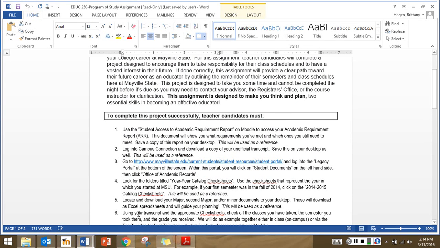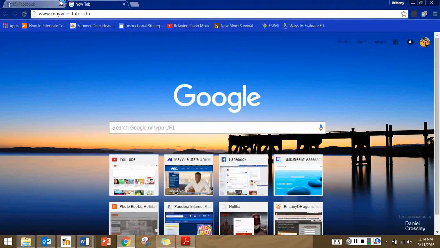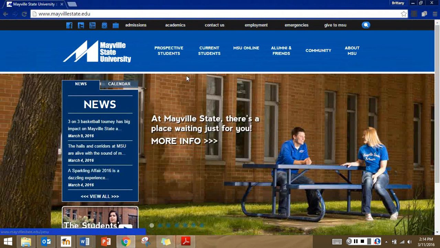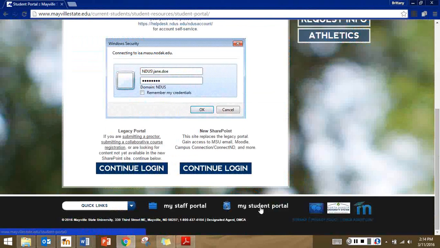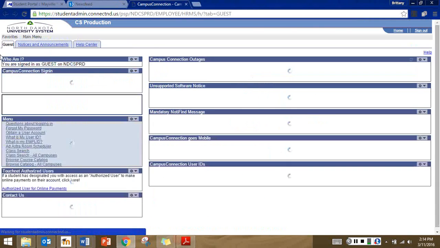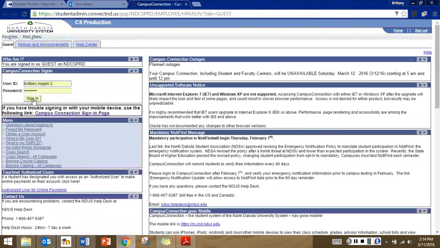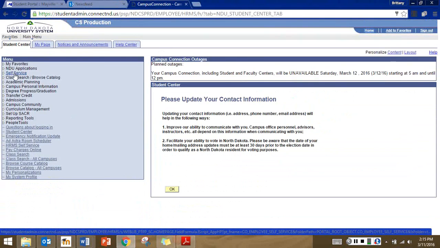I'll actually show you mine. So you're going to go to Mayville State's homepage. And on Mayville State's homepage, I always go down to my staff portal. You're going to click actually on my student portal. You're going to go to the SharePoint account, and you're going to log into Campus Connection. Mine's going to look a little different because I'm an instructor. So you're going to sign in, and to get an unofficial transcript, you're going to have to go to Self-Service,